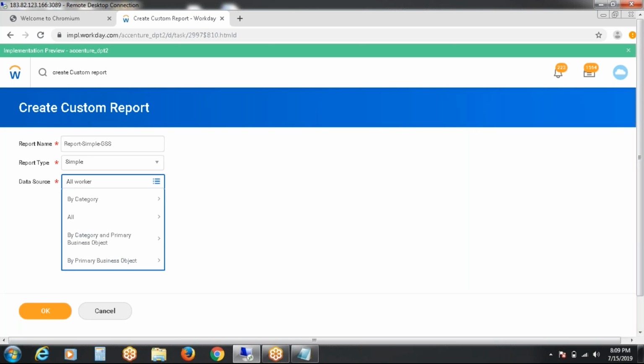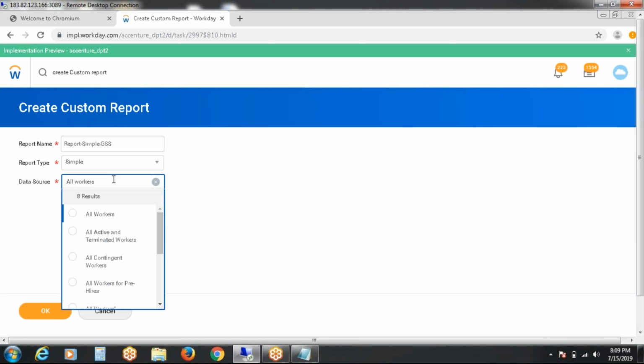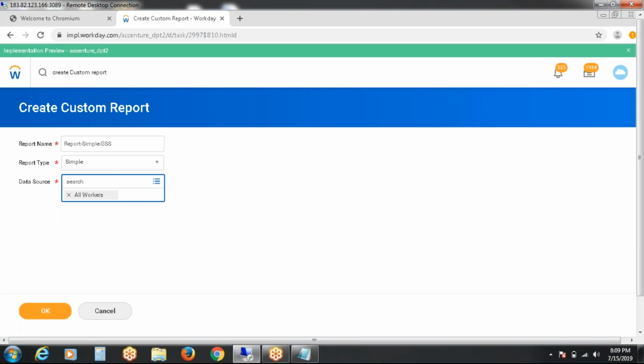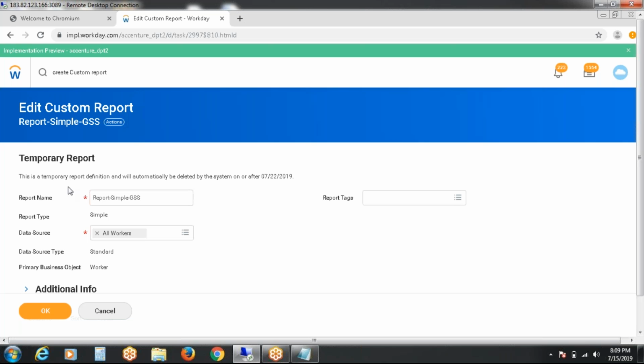Only then will all contingent workers, employees data, pre-hires data, terminated employees data, active workers data, every data come here. So all workers, not all worker. Please select all workers and say OK. See here, once you say OK, the customized report will open.